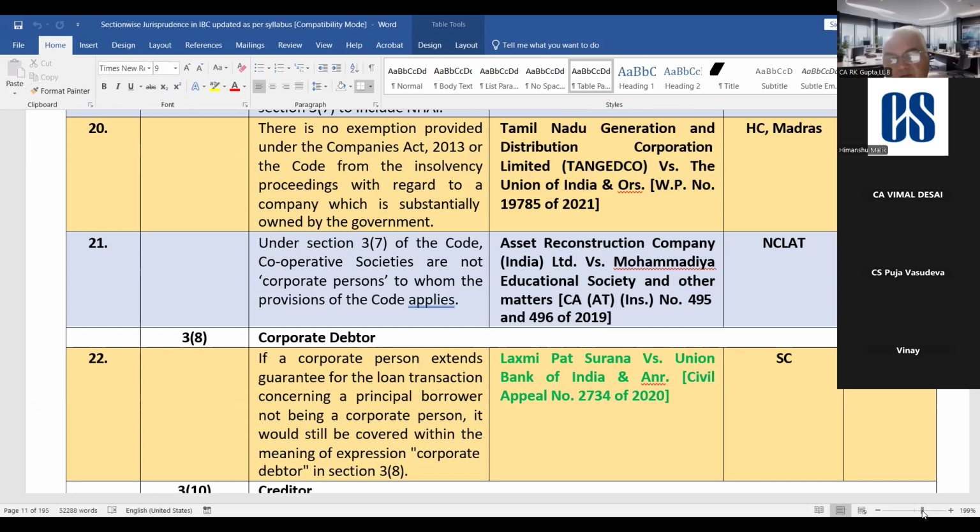अंडर सेक्शन 3 सबसेक्शन 7 ऑफ द कोड, cooperative societies are not corporate persons. अब कई बार क्वेश्चन उठता है कि क्या कोऑपरेटिव सोसाइटीज या ट्रस्ट पर, whether they are covered under corporate person, the answer is no। ये कहाँ आएंगे? पार्ट 3 में आएंगे, ठीक है। जो सोसाइटीज हैं, कोऑपरेटिव सोसाइटीज हैं, ट्रस्ट्स हैं, ये सारे कहाँ पर आएंगे? पार्ट 3 में, ये non-corporate person में आते हैं, ठीक है।